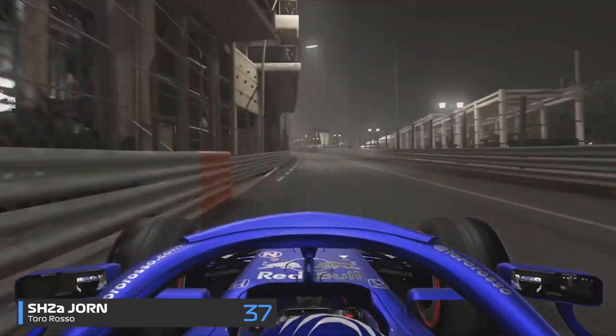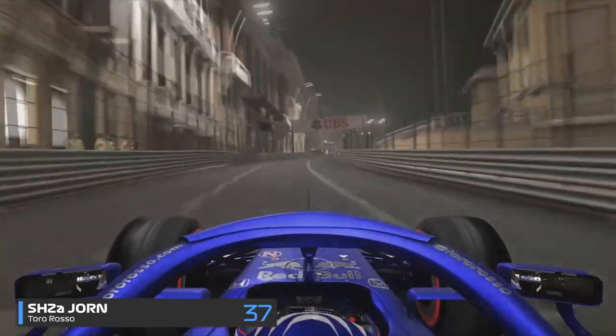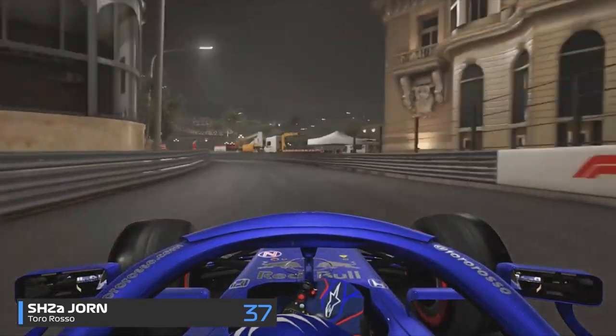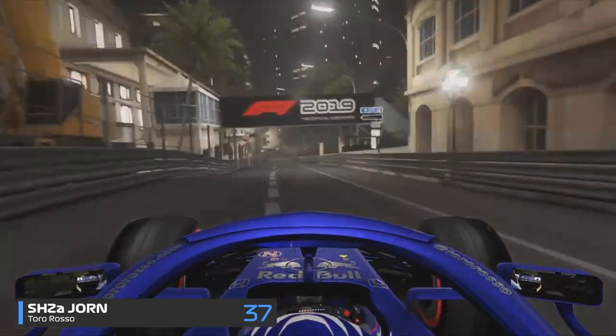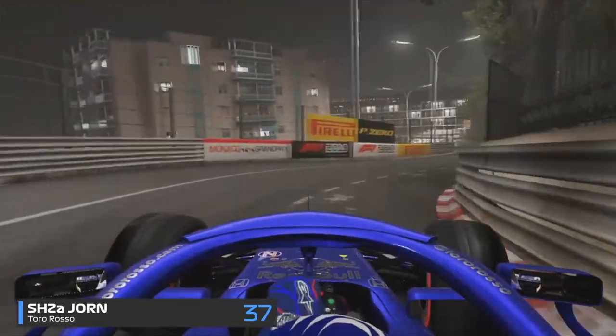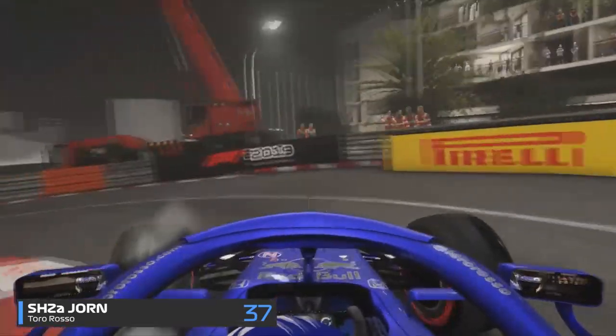There we go. As we go through the first corner, Sainte Devote, up Beau Rivage, up the hill we go, through the creeping turns, up to the top, turn 3, Massenet, the long left-hander, goes into Casino, the right-hander, and then watch out for that little bump on the left. That is a tree route into the first of the Mirabeau, turn 5. That's an overtaking spot down there. It doesn't look like it, but you can send one down the inside of turn 5